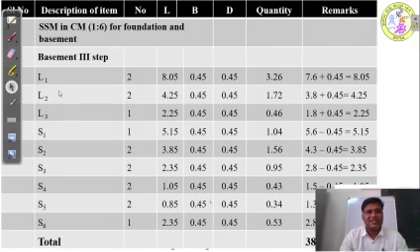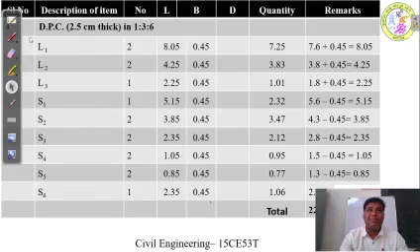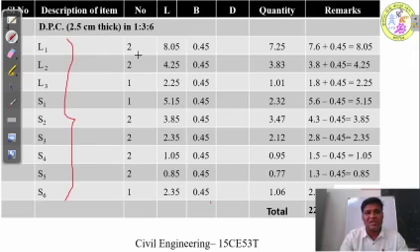So the next item is damp proof course. The damp proof course is provided at plinth level above the final step of the size stone masonry, and it is 25 mm thick. So I am going to measure it only in square meters. Since the depth is less, I am going to take it in square meters, and the proportion is 1:3:6. So in the previous manner, I am going to write all the long walls and short walls, and the numbers are also the same.